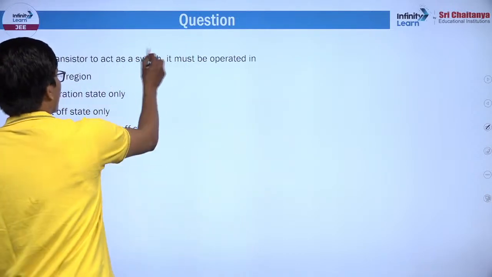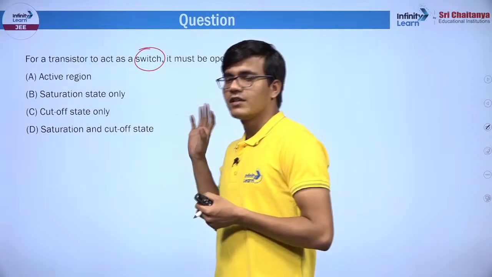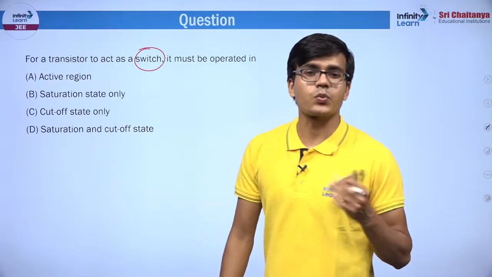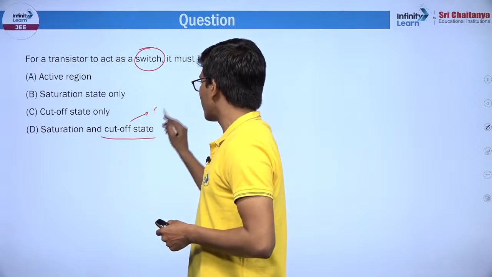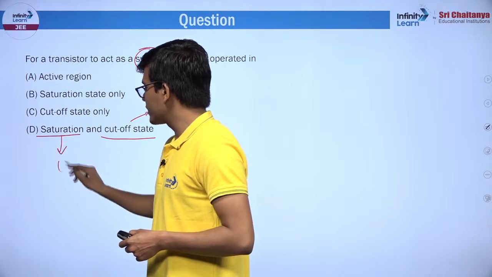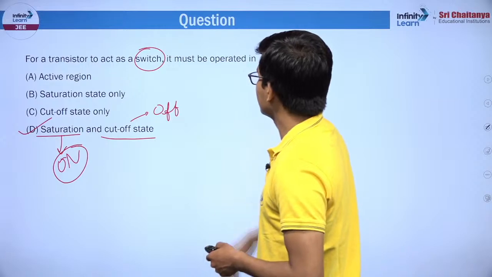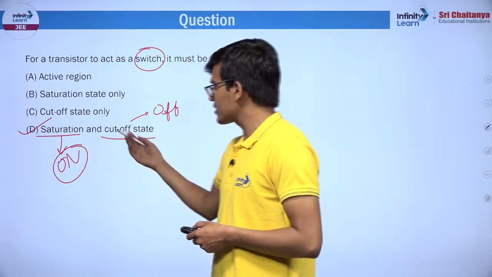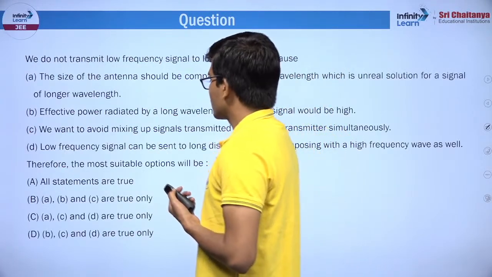ट्रांजिस्टर में you want to use, ट्रांजिस्टर का क्वेश्चन है ना। वैसे ट्रांजिस्टर से बहुत डरावने क्वेश्चन आते हैं, but बड़ा प्यारा क्वेश्चन पूछ लिया उन्होंने। Transistor to act as a switch, स्विच मीन्स ऑन एंड ऑफ। तो कट ऑफ रीजन में ये completely ऑफ की तरह काम करता है, मतलब switch is off, and सेचुरेशन रीजन में completely ऑन की तरह काम करता है। So this is like operated in saturation as well as cut off state, है ना। आपको ऑन रखना है तो सेचुरेशन स्टेट में, ऑफ रखना है तो कट ऑफ स्टेट में।